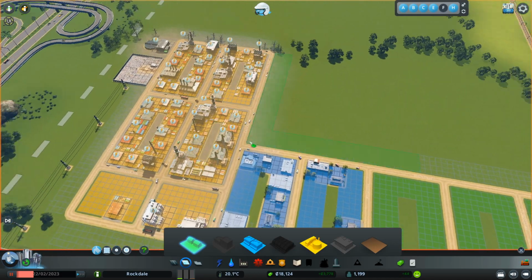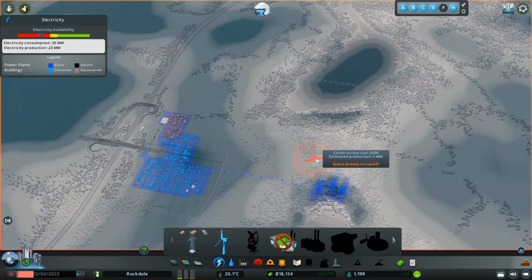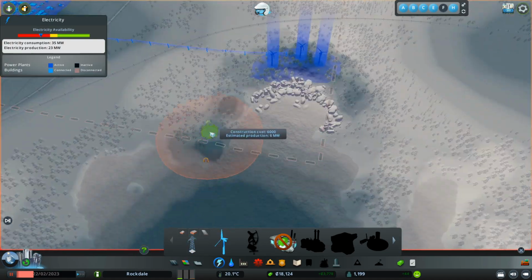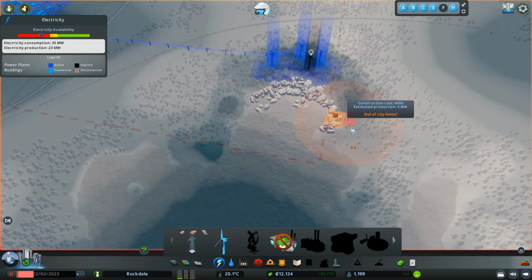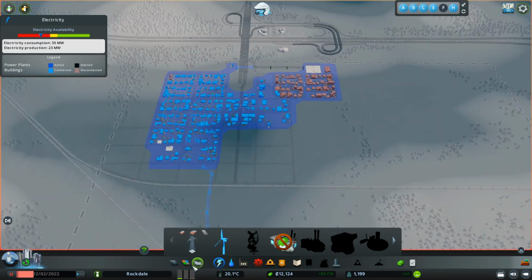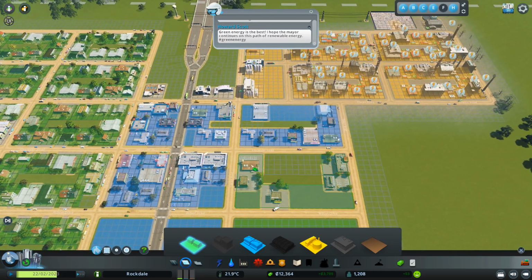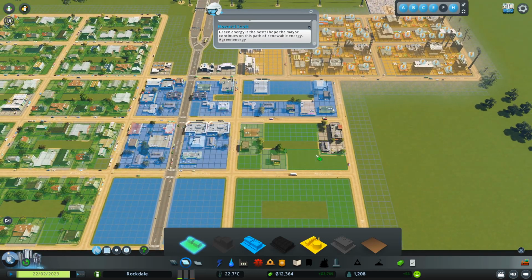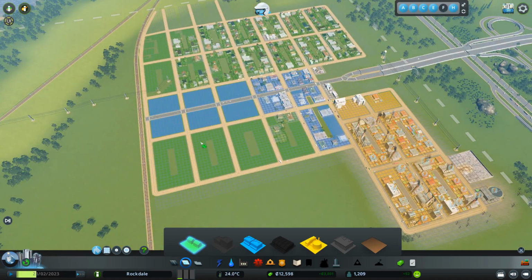Because, oh, we have power problems. Let's just fix that first. Let's see. Not enough power. More windmills. 7 megawatts. Let's place down another one. We need to find a better way for power. So let's just unpause the game, by the way. Let's just remove this strip of commercial because I want some residential in here. And there's more than enough space for the commercial